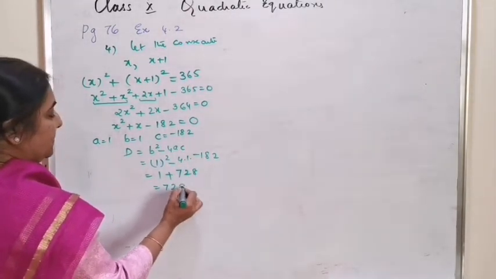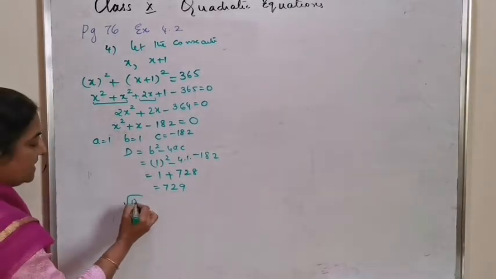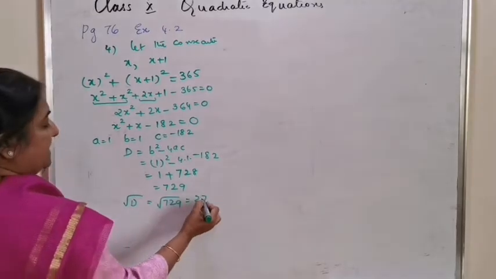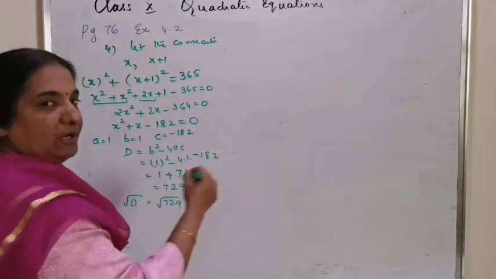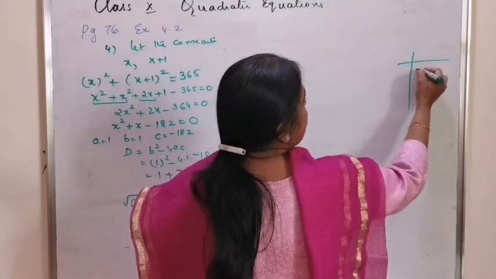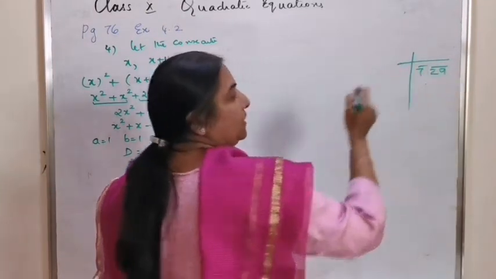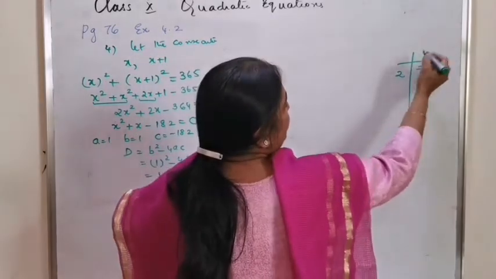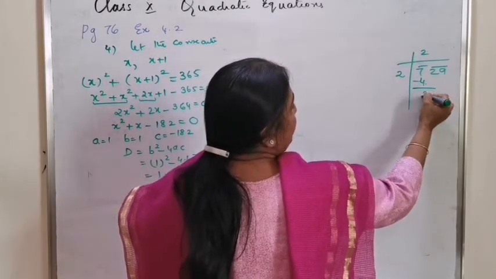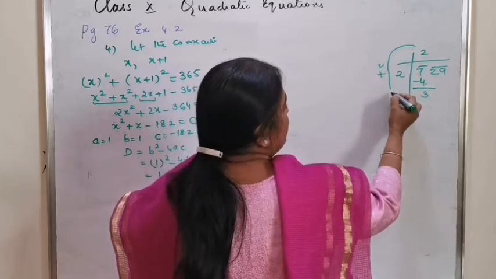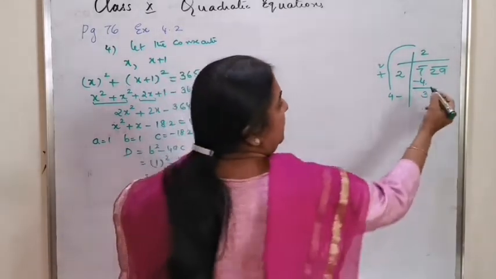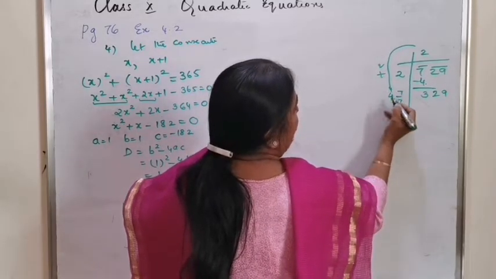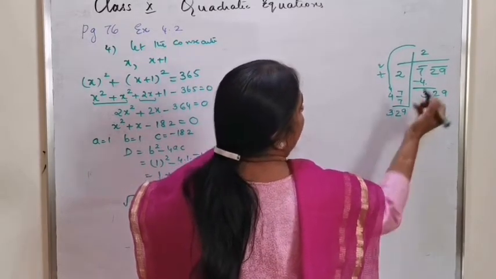728 which is equal to 729. Root D is equal to root 729 which is equal to 27 because it was there in the previous, or by long division the method is from the right in 2's. So 29 will be grouped and 7 will be grouped. The perfect square is 2 2's are 4. Double of 2 is 4. And when 329, it will be 47. 7 7's are 49. 28, 32.